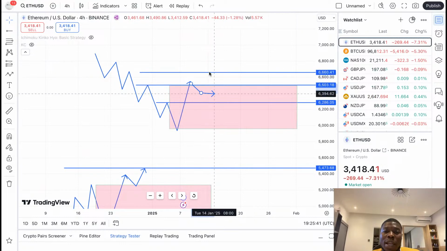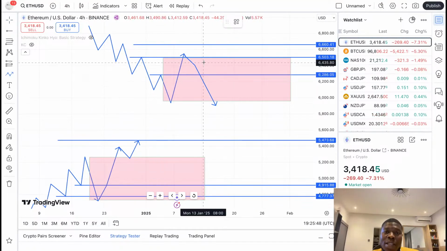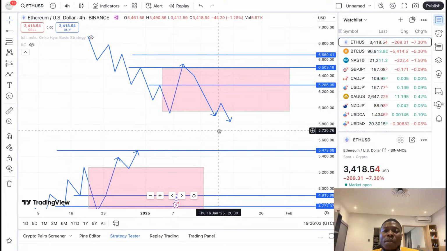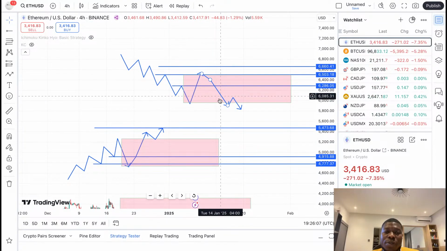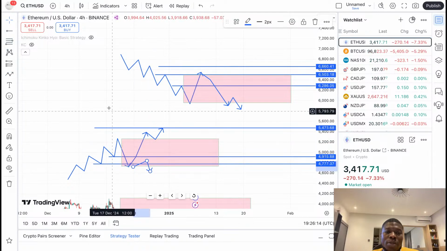If it comes down again after making this high to make a low here, that means it's back in a downtrend. You have to exercise patience again, since it's just coming out of this ranging region, for it to make a high and another low. From this area, you will start using a downtrend strategy. So mind you what I said here, these are the scenarios of a downtrend and uptrend.